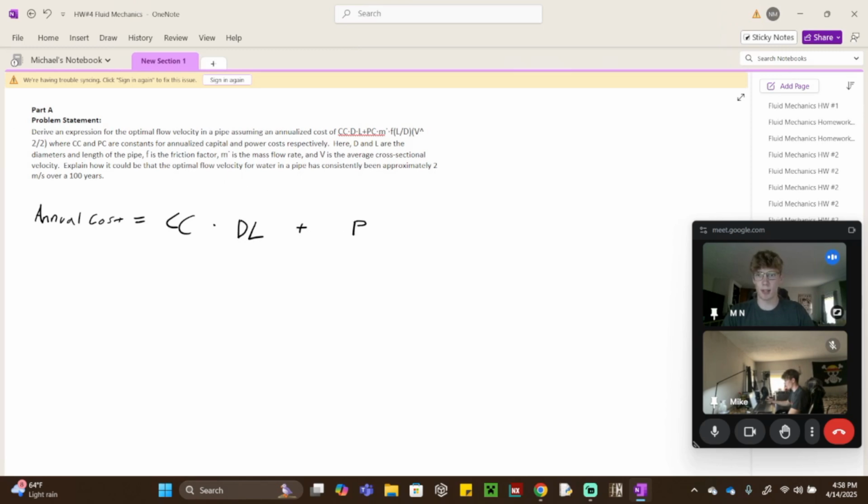So power costs, and we know this is in dollars per year. And our power costs are going to be multiplied by